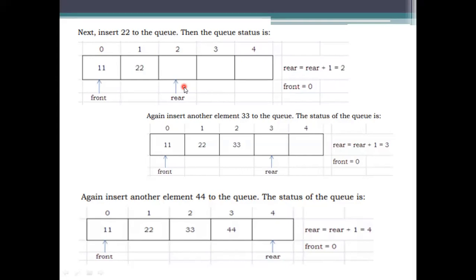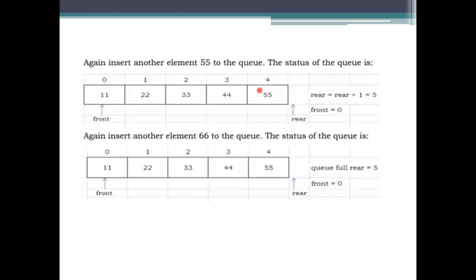While inserting, the pointer is moving towards the right side to insert the next values there. After inserting the fourth position value, that is q of 4, it checks whether the next value can be inserted or not.